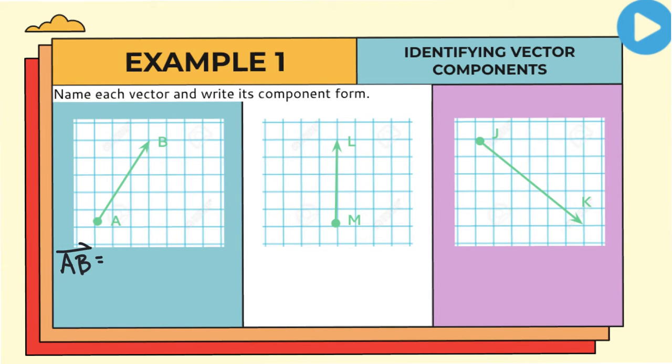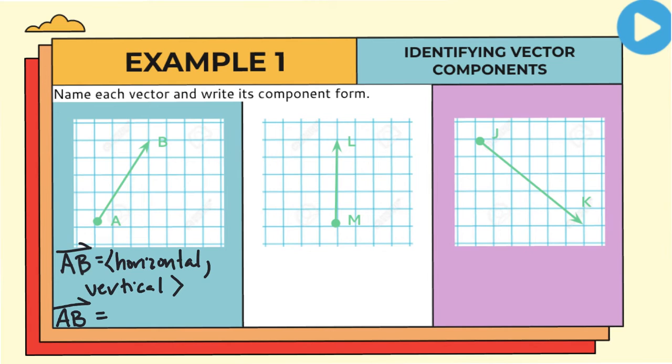Notice how none of our graphs have a coordinate plane or an XY axis drawn on them. They've just been placed on the plane itself. So when we are writing these in vector form, we need to write the horizontal component, comma, and then the vertical component. So AB here